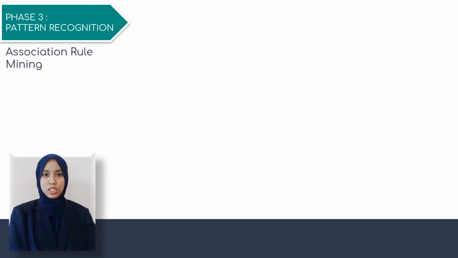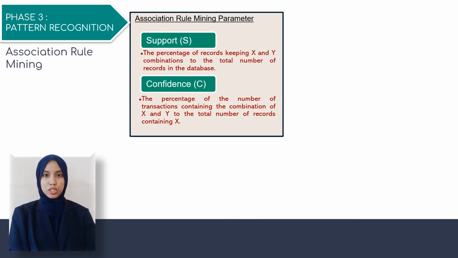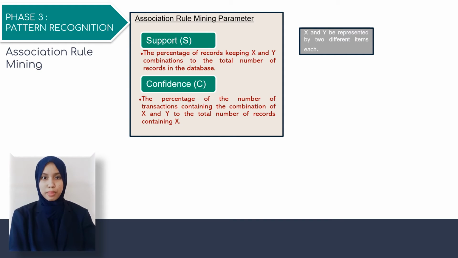Phase 3, pattern recognition. To recognize patterns in time series data, association rule will be used. There are two tests usually used in association rule mining. First, support, second, confidence. So let X and Y be represented by two different items. Support is the percentage of records containing the X and Y combination to the total number of records in the database. Confidence is the percentage of the number of transactions containing the combination of X and Y to the total number